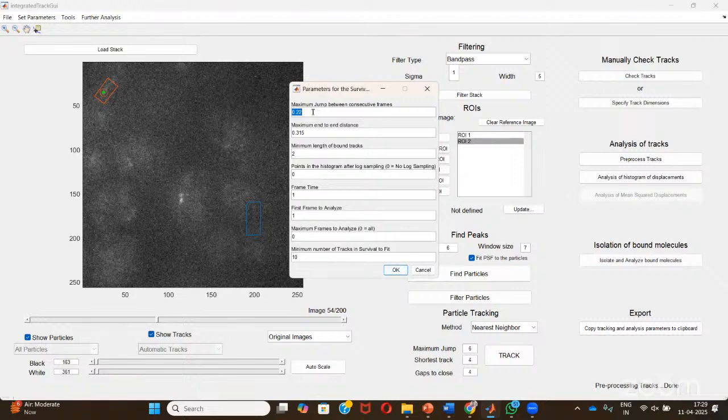For example, here you can see maximum jump. Now this maximum jump is from frame to frame displacement of almost 90% of the stable bound molecules. So these parameters are for a stable bound molecule. So I'll put some histone bound, MATLAB stable bound parameters for our histone molecules to track these to get our end results. So here I'll put the standard values for that, and I'll show you how the end product looks like.